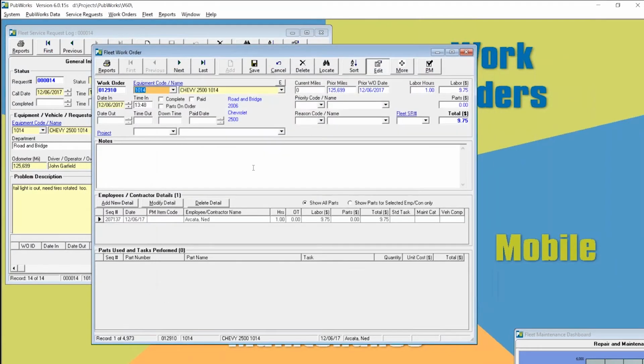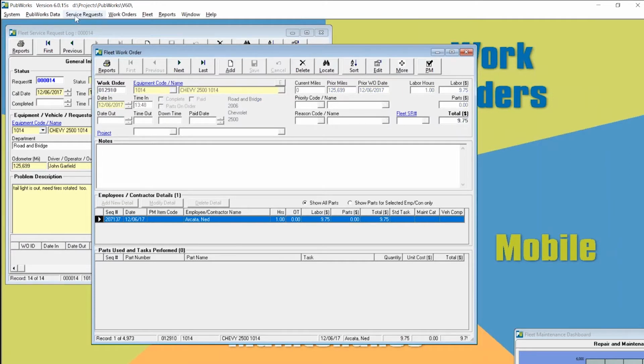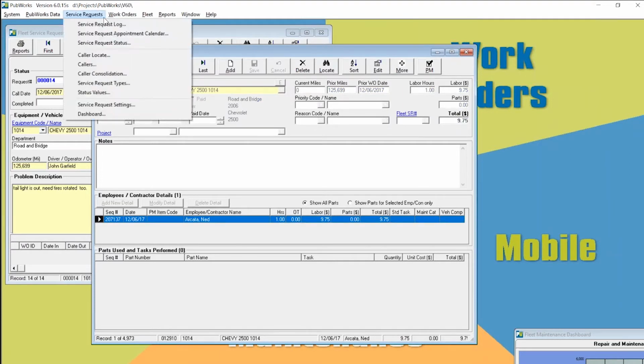This has effectively been assigned to him, but the assignment of the work order itself to an individual isn't part of our system, because we can have multiple people working on it at any given time. But by virtue of the fact that Net has been put on the work order, it's sort of interpreted as an assignment. So as an example, if I save that and look at my fleet work order status screen,